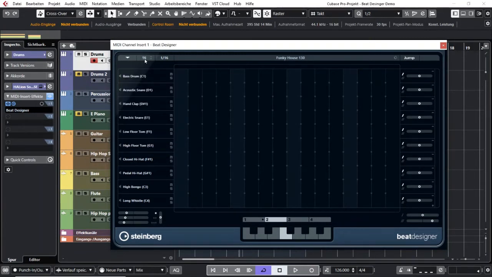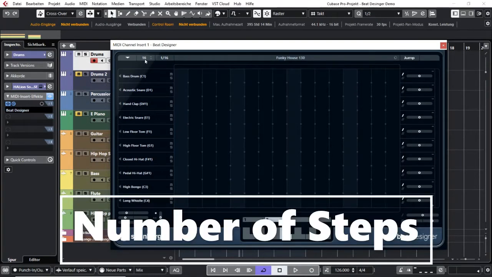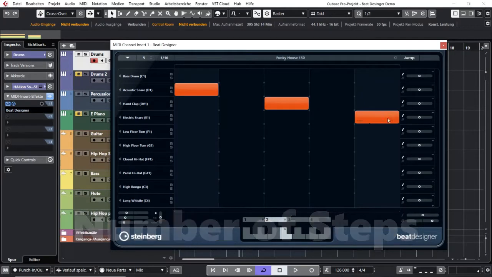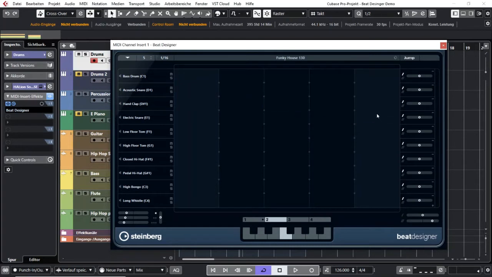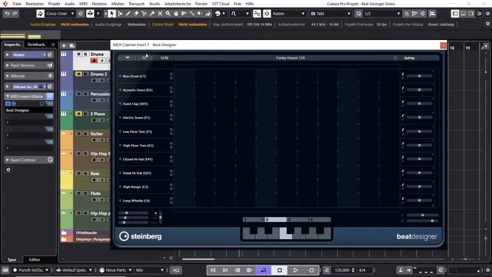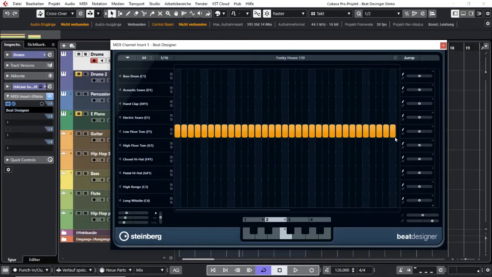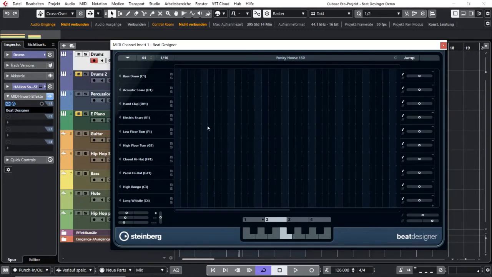You have a field over here where you can say how many steps your Beat Designer is supposed to have. So right now I have 5, and my pattern will be 5 steps long. You can go up to 64, and then you can create 64 different beats in one loop. So this is interesting if you want to